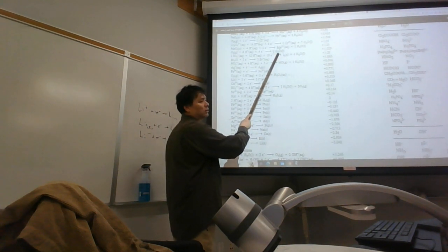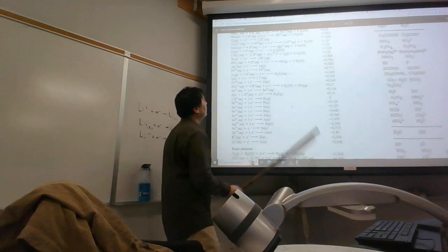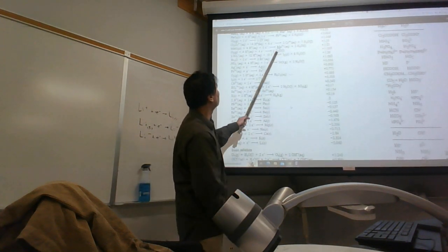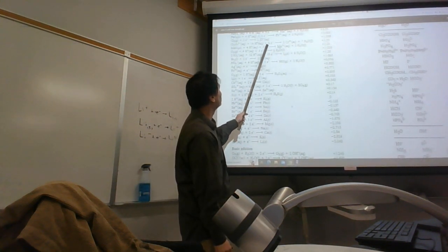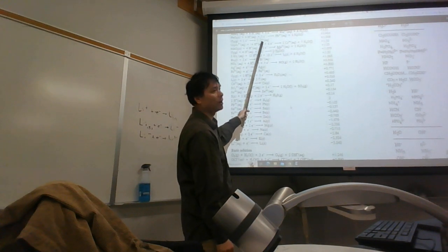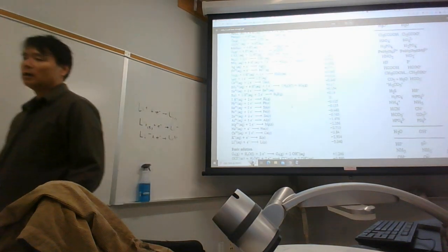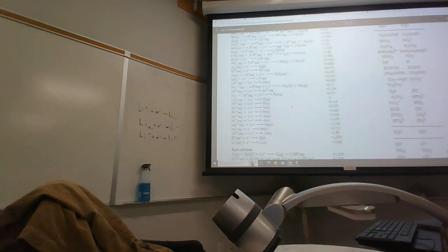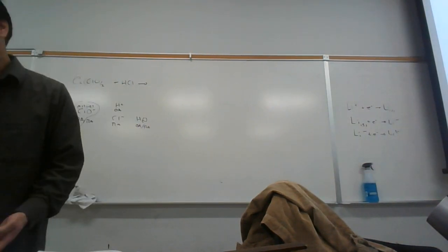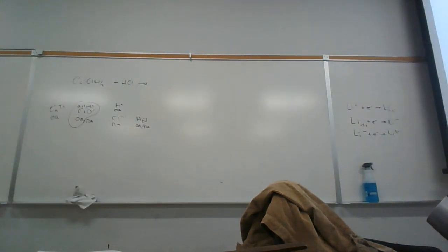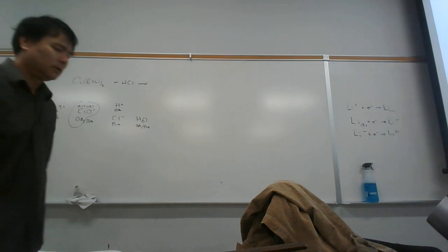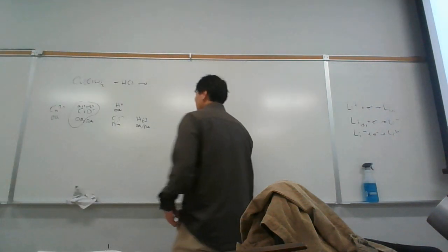Here, now we have water. And so where's chloride? Chloride's up here. So which one's a better reducing agent? Water or chloride? Water. Water is a better reducing agent, but it's harder initially to reduce. This is like